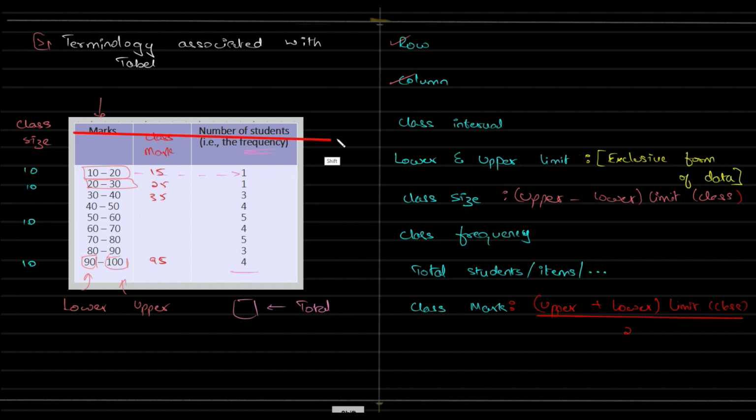A row is this and a column is this. Each of this is your class. A class has an upper limit and a lower limit. Class size is the difference between the upper limit and the lower limit. Class frequency is the number associated in the frequency table with that particular class. The total of the frequency will give you the total number of people whom we have spoken to or the things we have surveyed or tested. It can be anything. Class marks is the average of a class. That is the sum of the upper limit and the lower limit divided by